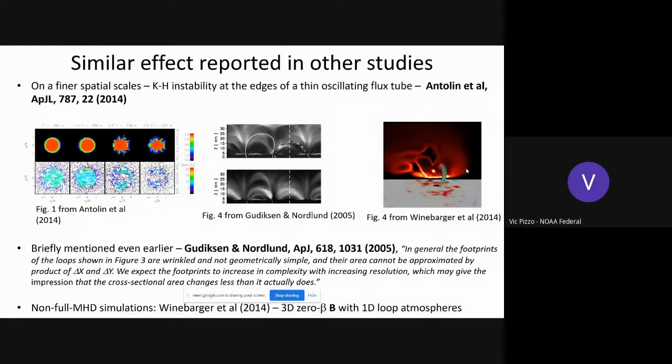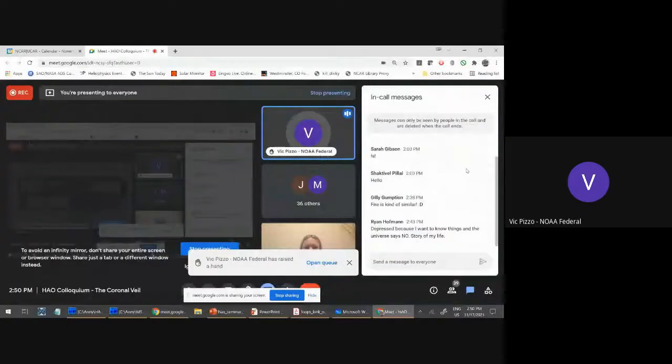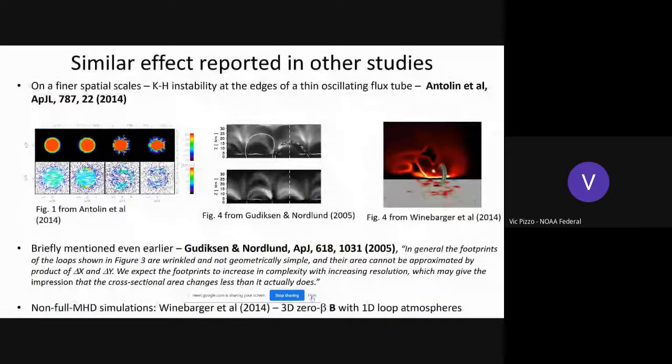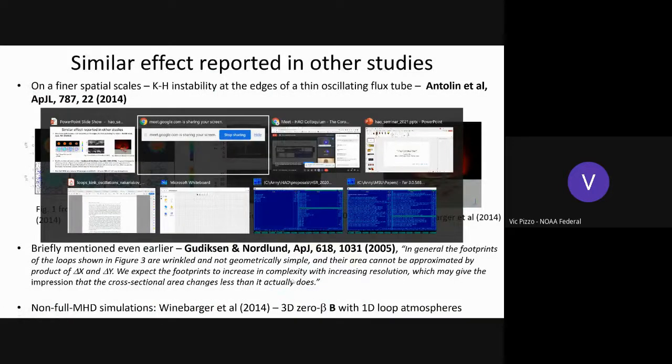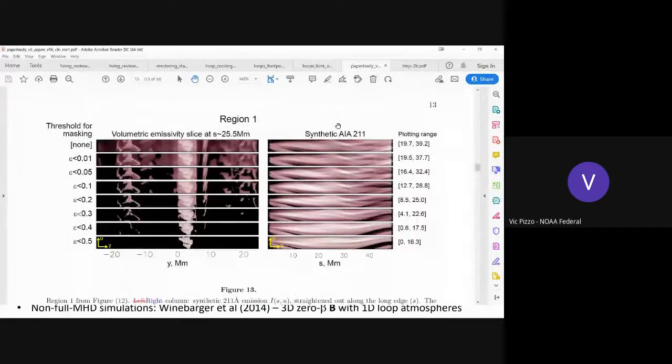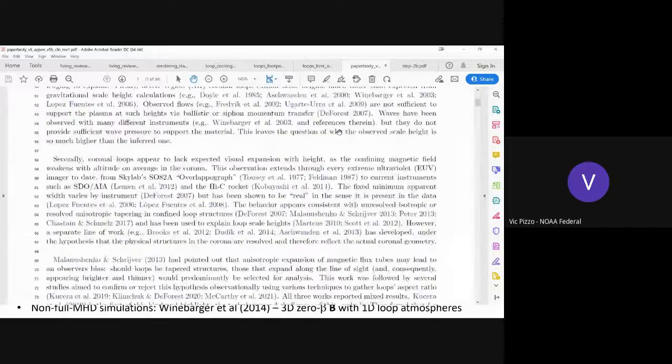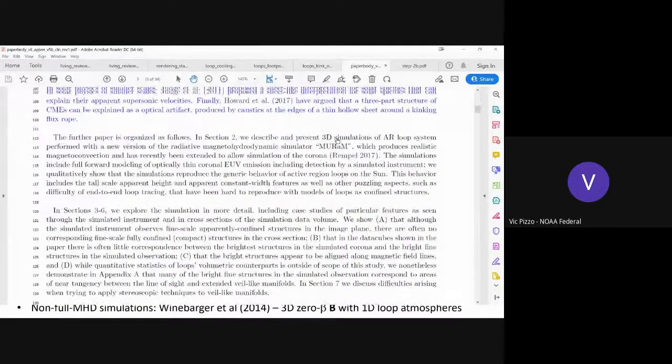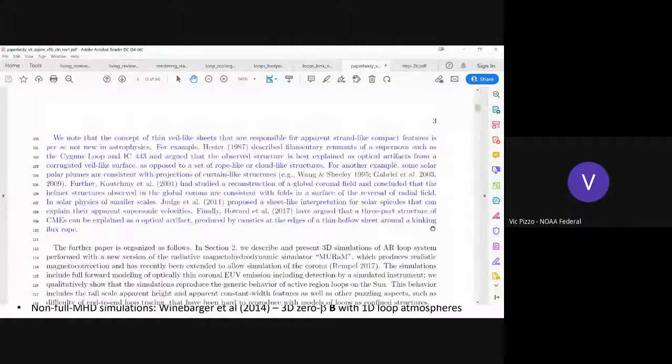Yeah, I want to make a comment about, you must be familiar with the idea of caustic surfaces as espoused by DeForest and Howard, right? Yep. Okay. Which has to do with the idea that suppose you have a loop where the density is restricted pretty much to the edge. And then you look through that in a 3D sense, and so you look at where the density piles up the most. Well, it's on the very edge of those loops.